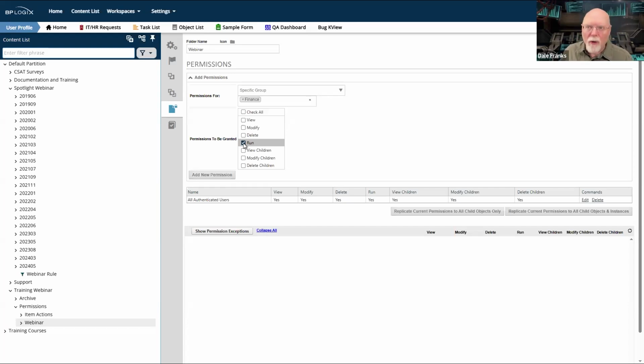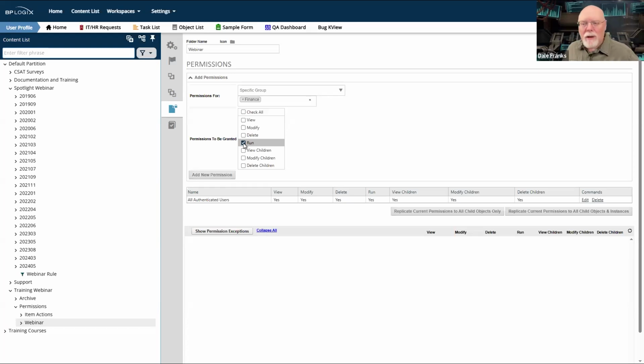You want to be real careful with things like process timelines, because even though there is a valid run permission for process timelines, the reality is that you generally don't want end users just to be able to start a process de novo. Generally, what you want users to do is to be able to open a form and submit it and look at a knowledge view.